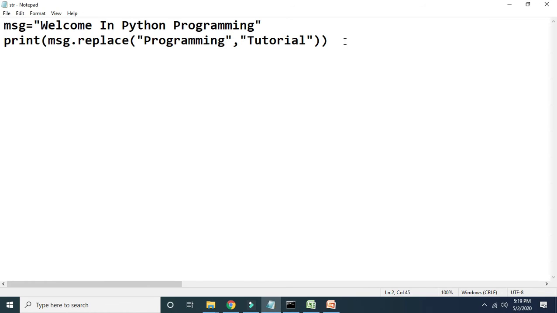Now in this video I want to discuss two more keywords as well. The first keyword that I want to discuss here is the in keyword. Suppose I want to check, in the MSG variable where we stored this string, whether in that MSG string Python is present or not.